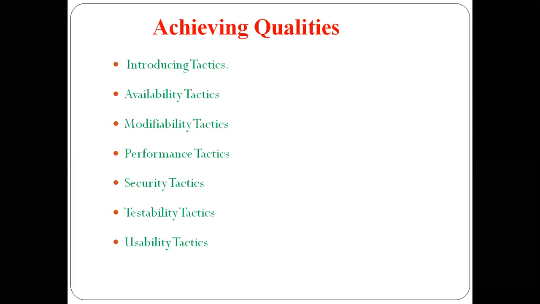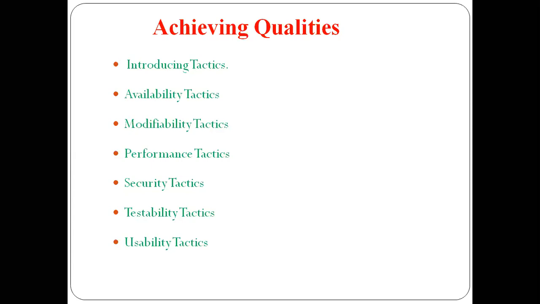Now how to add this? By adding the quality attributes, how do we achieve the qualities? How to add the quality attributes, what is the function of each and every quality attribute, and what outcomes will it give. This is about achieving qualities.